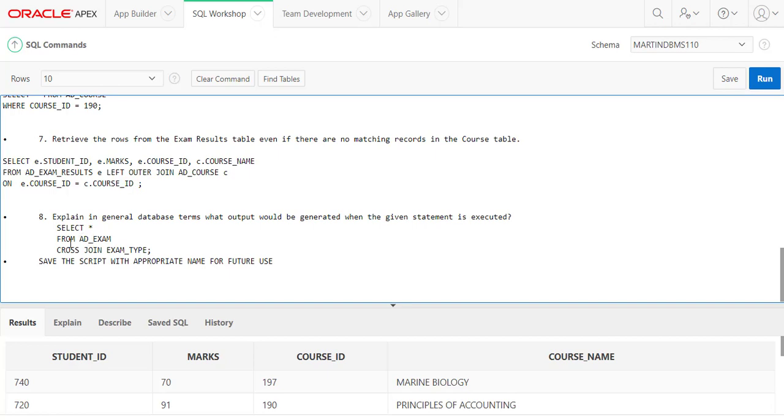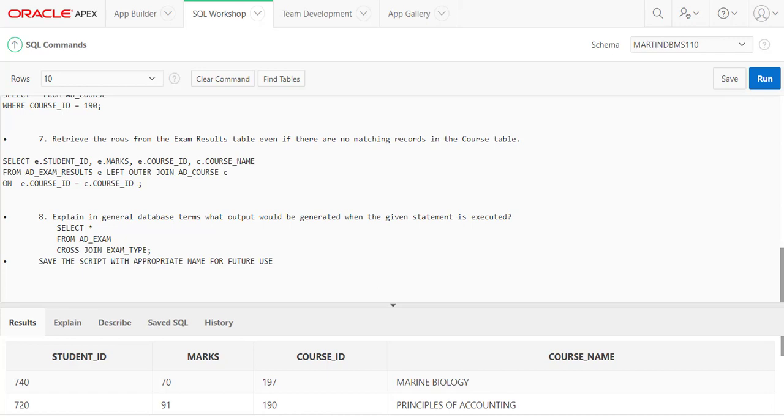And I'm going to select all from the exam table, cross join with the exam type. Well, if I look at this, and I'm just going to say in general terms what this should do, if we execute this statement here, it would result in a Cartesian product of the exam